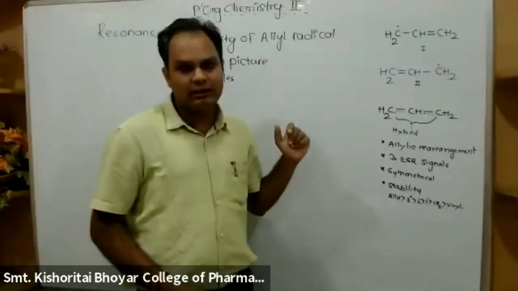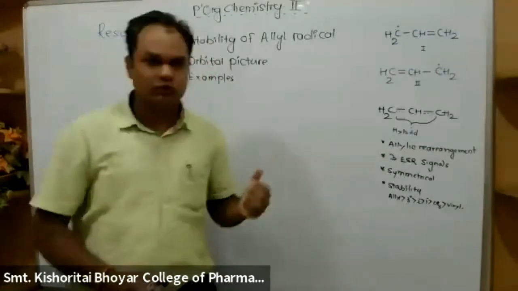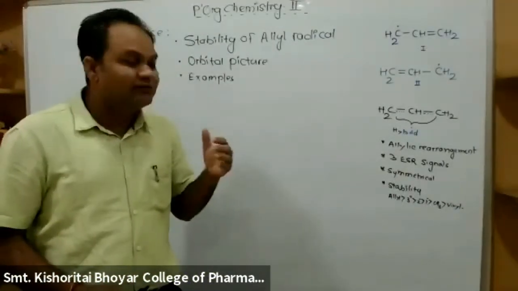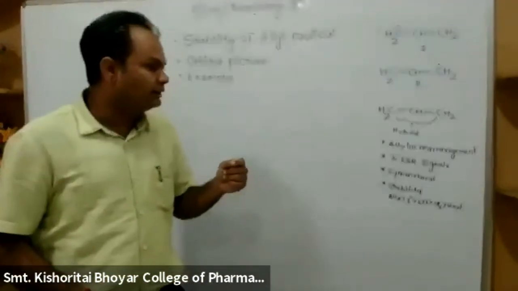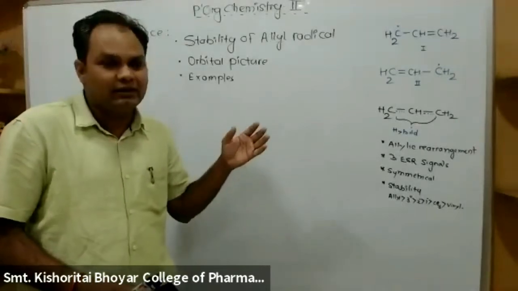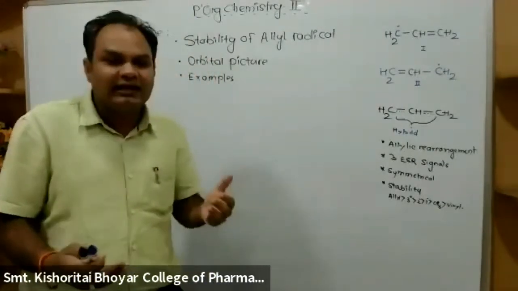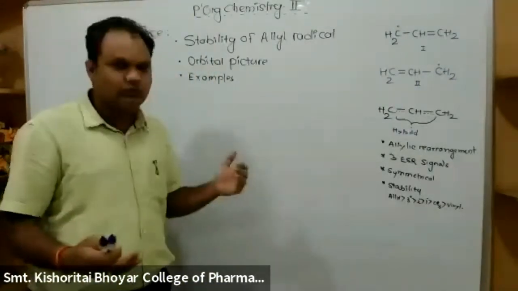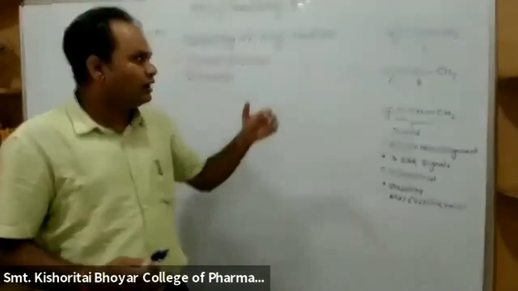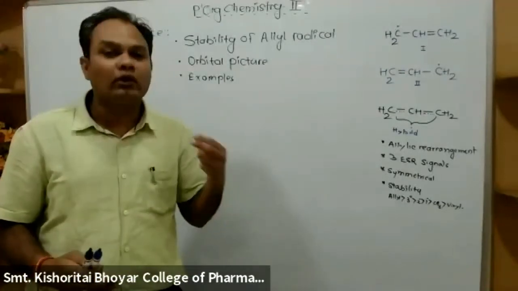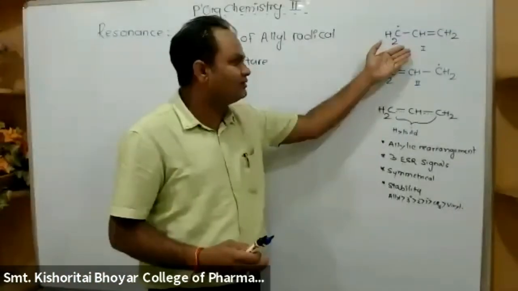As we know, the allyl radical shows three ESR signals and it is a symmetrical one. It is very important to determine the actual structure of the allyl radical, and we are not able to determine that by the usual theory. So we turn to a different theory called resonance, and on the basis of resonance we know that the allyl radical is made up of two contributing structures, also called canonical forms, that may be represented as this one or this.